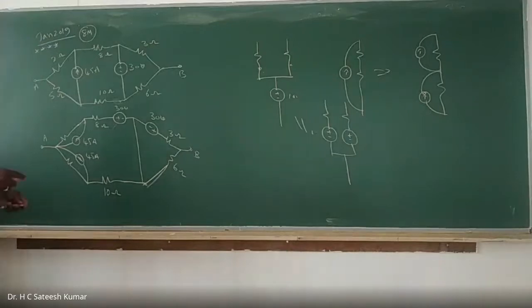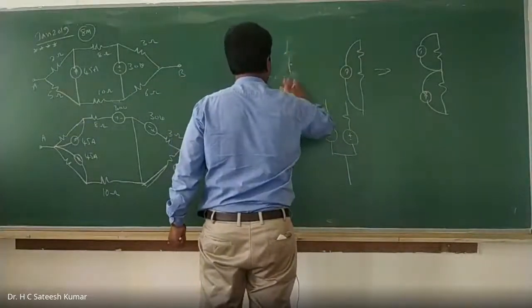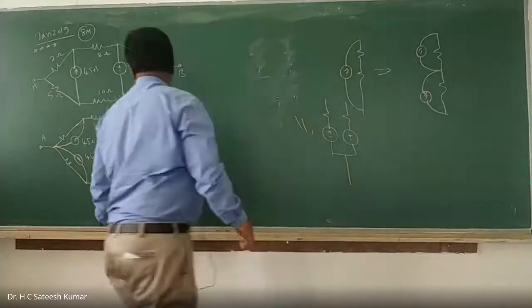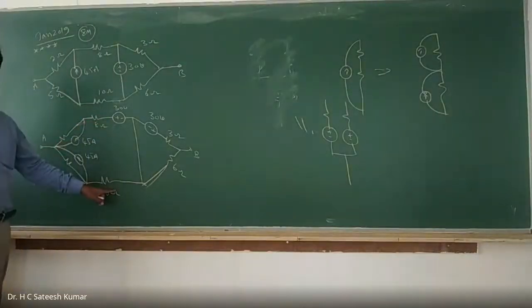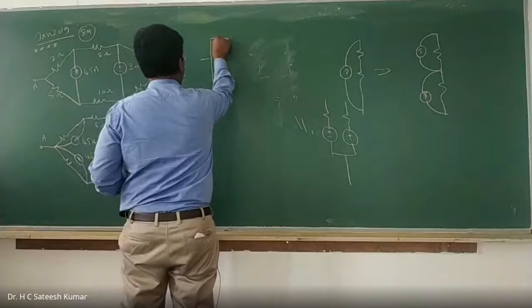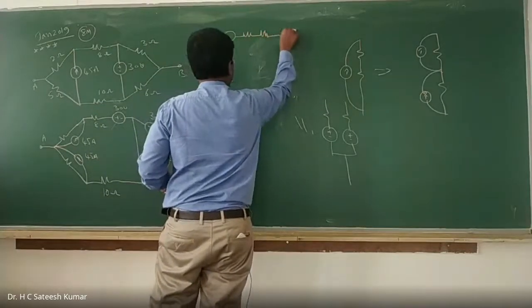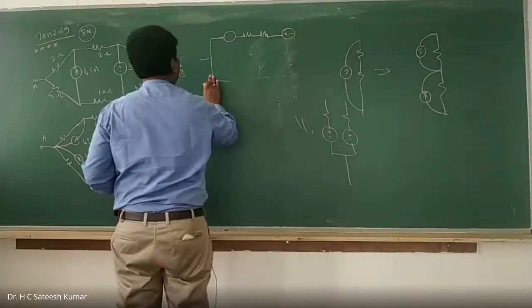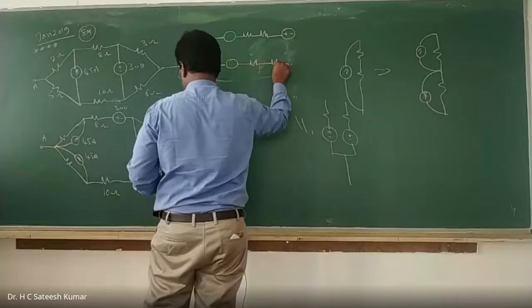Okay, right. Now what you should do is go for simplification. How will you do? Now, this one is in series with this one. This one is in series with this one. So for series simplification, convert it into a voltage source. Therefore, what I'll do, rewrite that one. A voltage source in series with a resistance, one more resistance, one more voltage source, plus minus. And one more voltage source in series with a resistance, one more resistance we have.